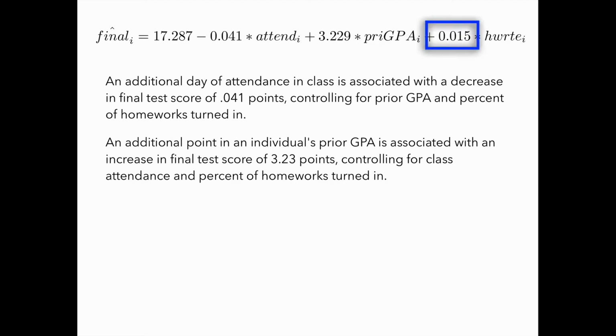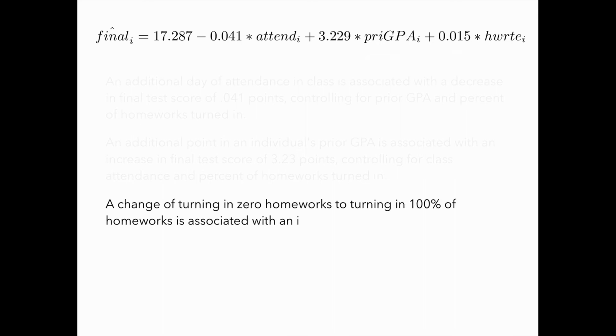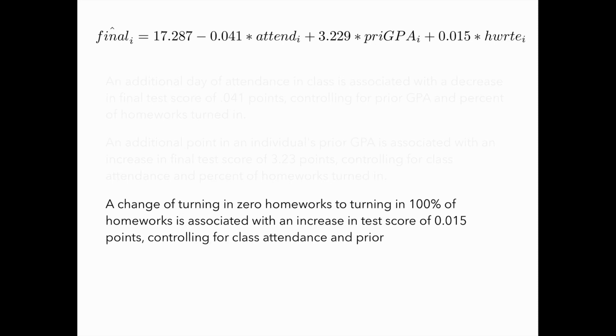But this final coefficient is a little harder to interpret. Since percent of turned in homeworks is a value between 0 and 1, this coefficient actually measures the changes in final test score associated with the change of turning in 0 homeworks to turning in 100% of homeworks. So, to interpret this coefficient as it stands, we would say that a change of turning in 0 homeworks to turning in 100% of homeworks is associated with an increase in test score of 0.015 points,